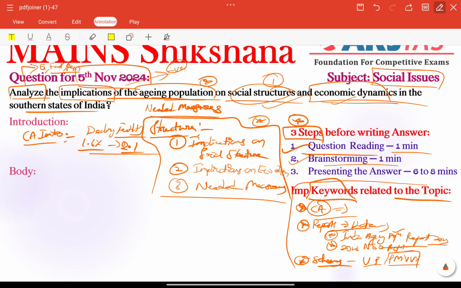So here, other than this introduction, we also need to provide some background. Talking about background, we can state India's aging population problems, especially in the southern states, Kerala, Tamil Nadu, Karnataka, Andhra Pradesh. According to India's aging population report 2023, we can connect our important data here. For example, Kerala's, Tamil Nadu's, AP's, and also particular Karnataka and Telangana, right?